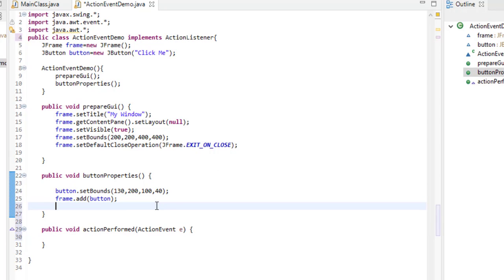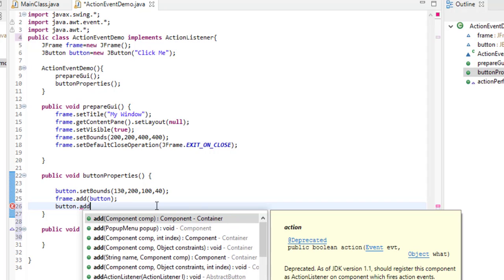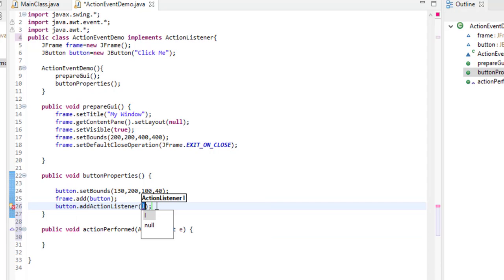Okay, to do this we have to call the button.addActionListener method, and it takes as the argument the object of the class in which the ActionListener interface is implemented.